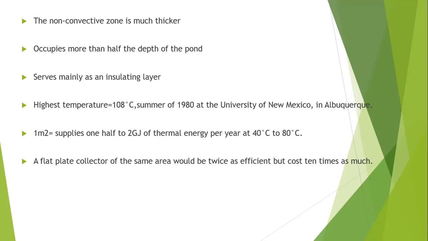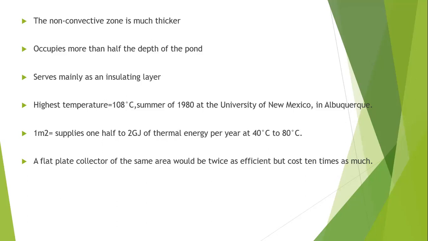As salty water near the bottom heats up, it expands. However, it cannot rise because it is denser than the less salty water above. So though it is heating up, it cannot rise due to the salt we are using at the bottom. Thus a solar pond is defined as non-convective, and the warmer water stays trapped below. Though we do this, some heat is lost by conduction to the surface, but this process is much weaker than the convection process.